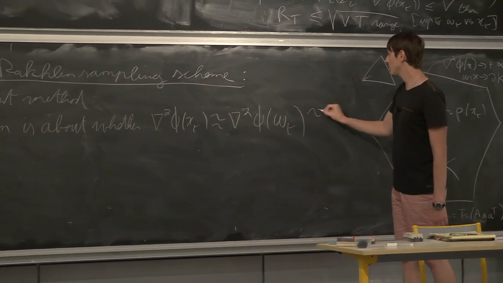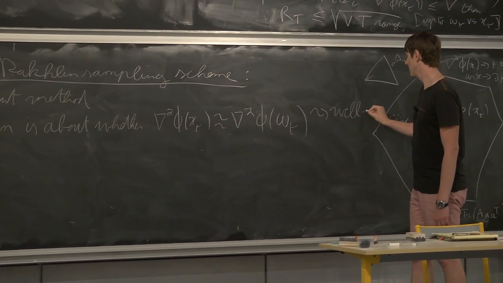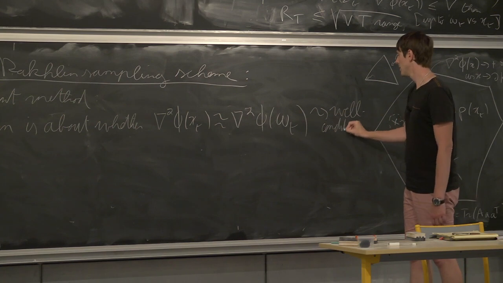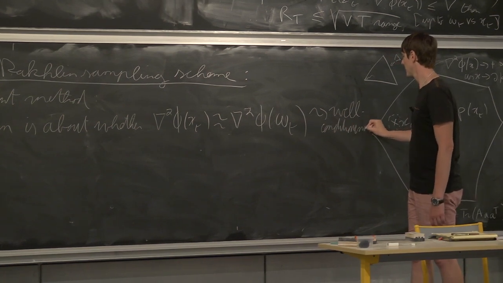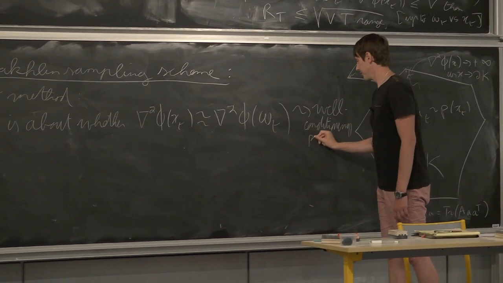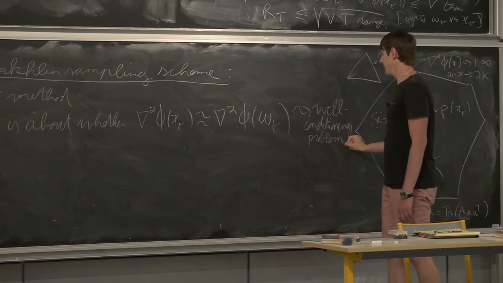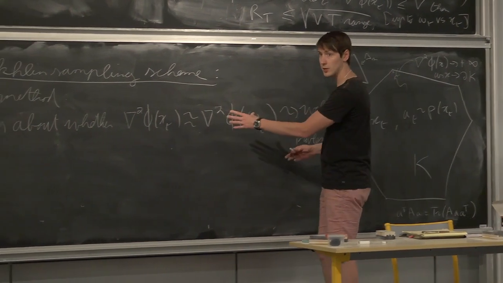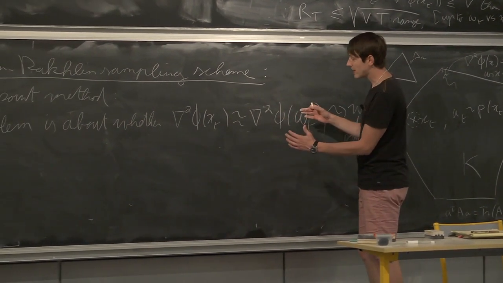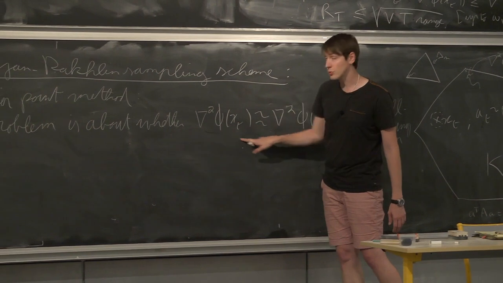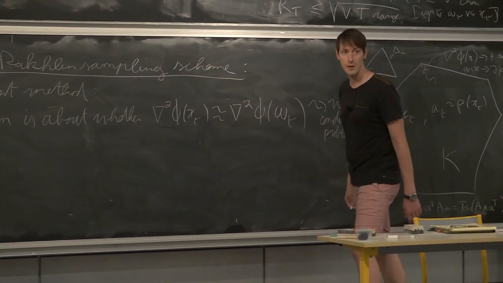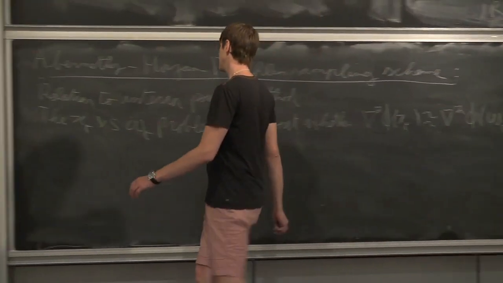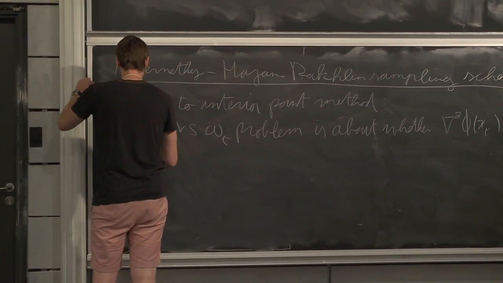Okay, so this is a well-conditioning problem. And it is natural to look at functions which are well-conditioned like this on the size of a step which is controlled by the Hessian itself. Okay, so self-concordance,